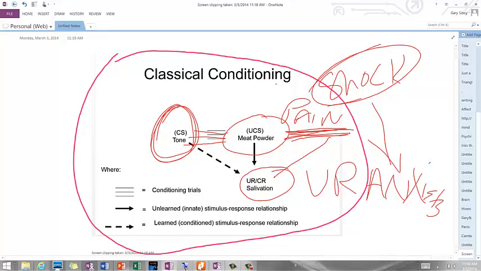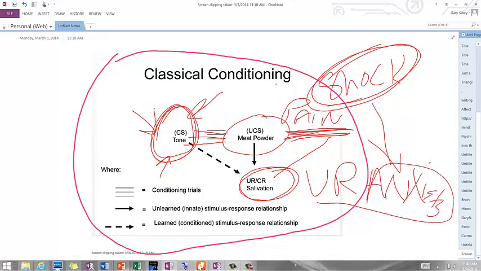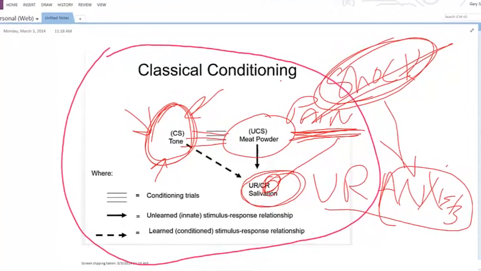Okay, so before you know it, just the tone itself will create anxiety. In this case, the anxiety would become a conditioned response, whether or not the shock is actually there.